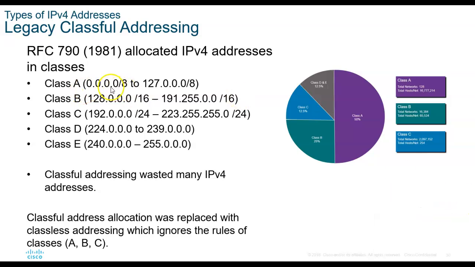And we had /8 for class A, which was 255.0.0.0. Class B was /16, which is 255.255.0.0 for our subnet mask. And then class C was our /24, which is 255.255.255.0. So when you go in and you put an IP address in Windows and you type it in and